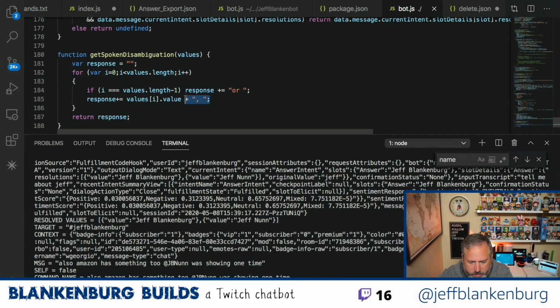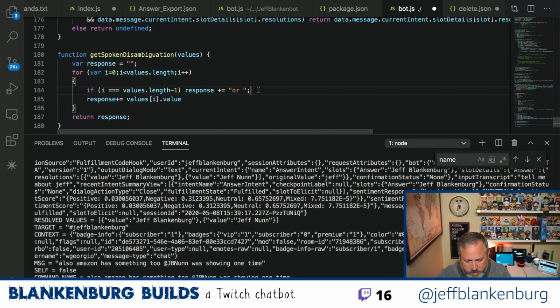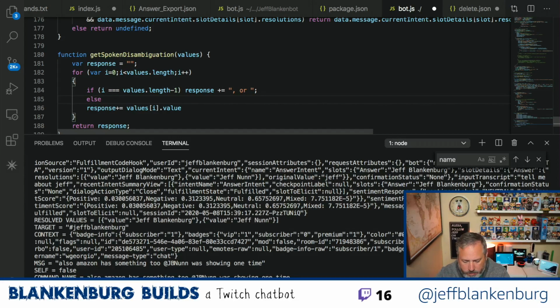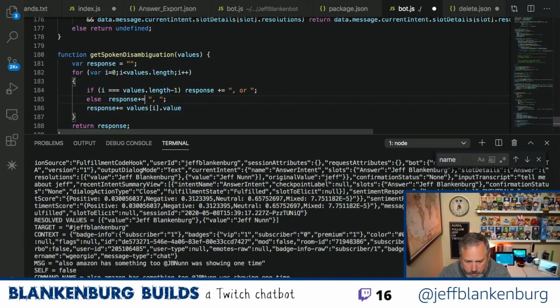I wonder if I could do this here. If I do this, then I could say, so on the or, I wouldn't want to do it. Else, response plus equals the comma.